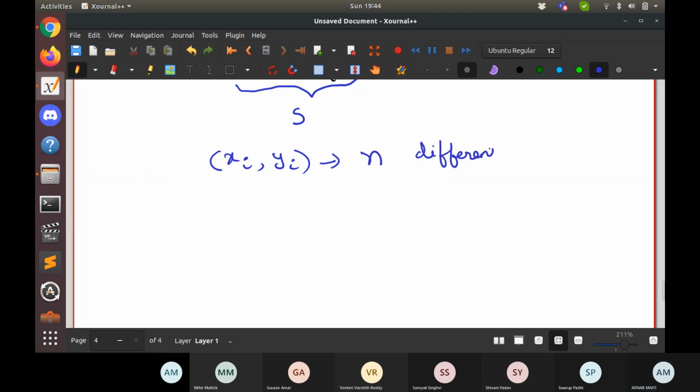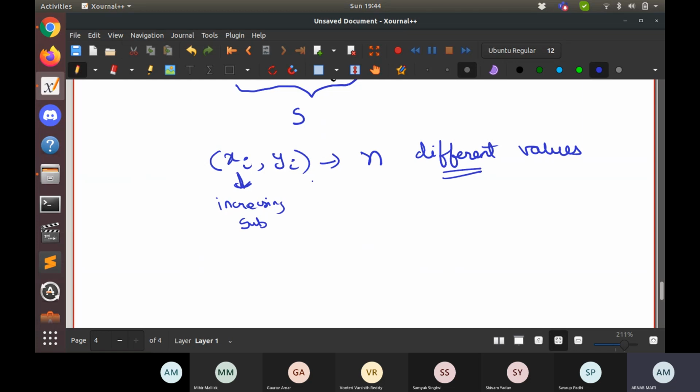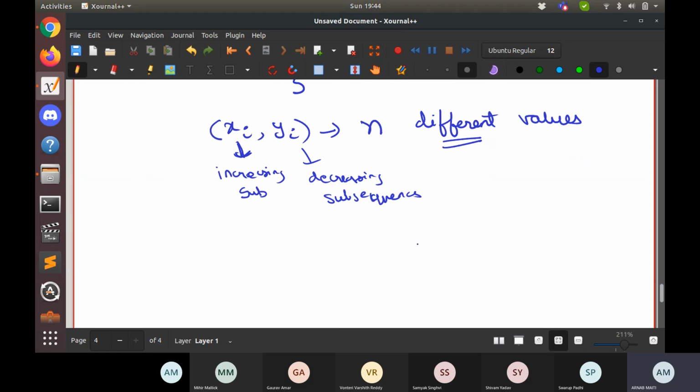And for each of these values, this particular part denotes the length of an increasing subsequence, and this part denotes the length of a decreasing subsequence. I'm just presenting a simpler version of the proof.